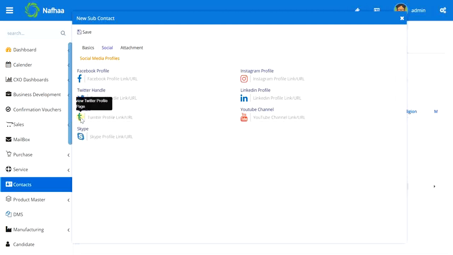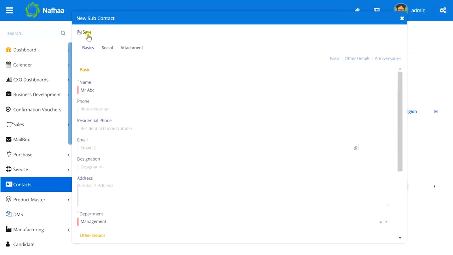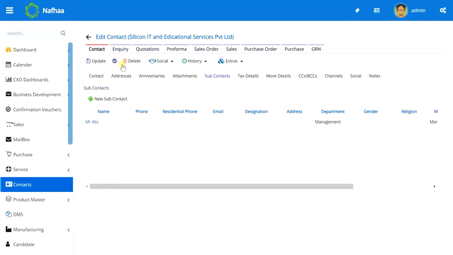And you can even just click on this and it will redirect you to that profile. So if you're visiting him, you can have a quick glance at what is going on with his social media. Okay. You can also add additional attachments, like if you have any KYC related documentation for this contact person or any kind of file attachment, you can attach it to that particular contact person. Okay, I'm going ahead and saving this.